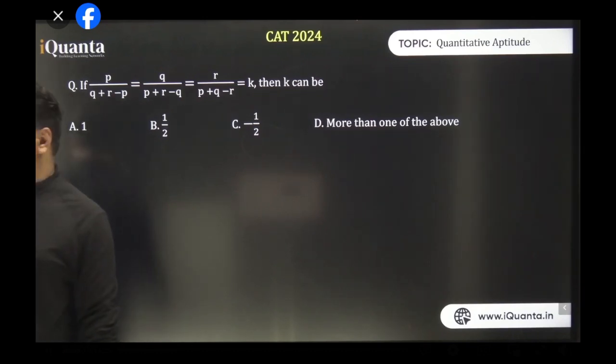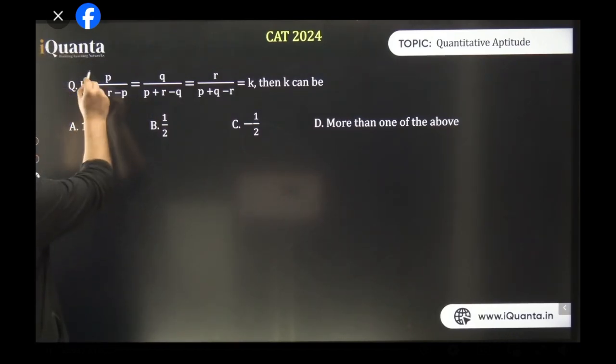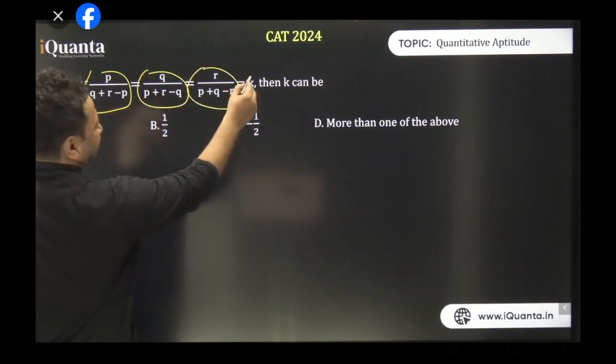There are 741 people over here. And a lot of you have got the answer, some have not got. Those who have got the answer, congratulations. Those who haven't got the answer, I'm going to solve it for them. Okay, so as you can see, all of these ratios are equal and they're equal to k.